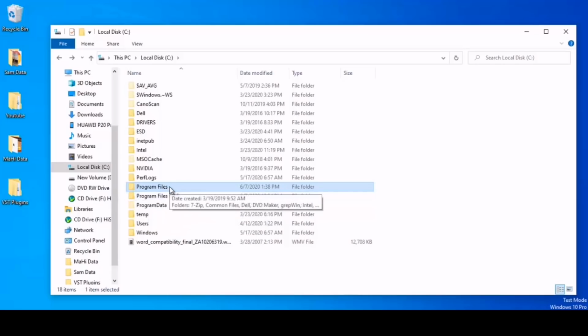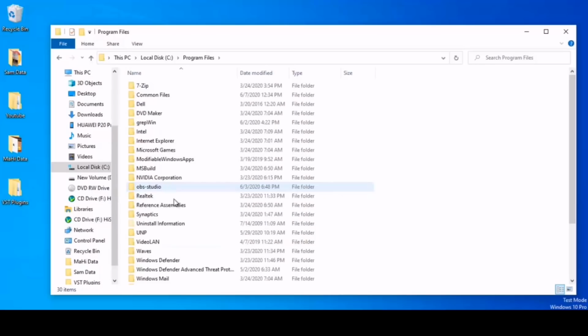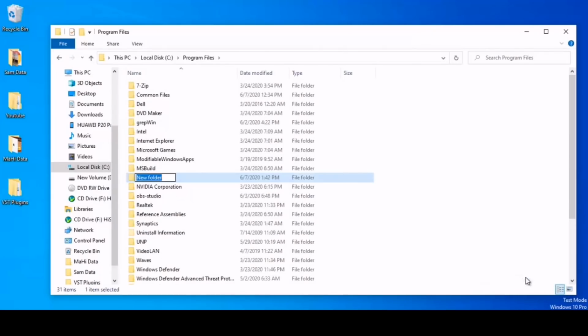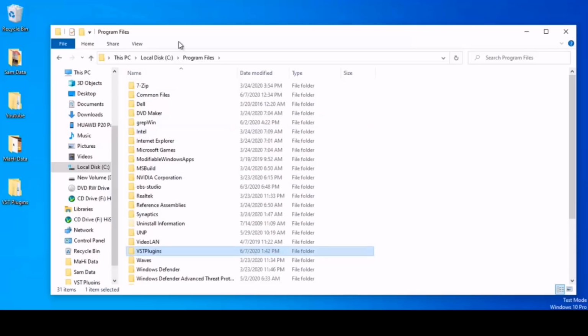Otherwise, if you are using 64-bit Windows, then you have to go to program files, and here you have to create one folder. Okay, VST plugins. You have to create a folder with the same name as I am creating in this video, under the folder program files.